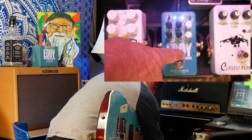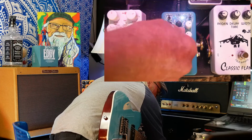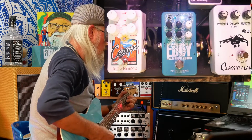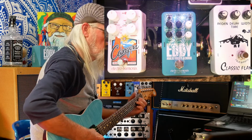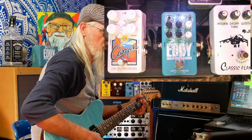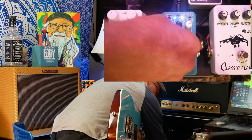Now, with no expression pedal hooked in, you're going to find straight up and down, it's not doing anything. However, let's pull it back to about 9 o'clock to the left. You hear how it starts with no vibrato when you hit it hard. And if you add depth to it, as opposed to turning it to the right,